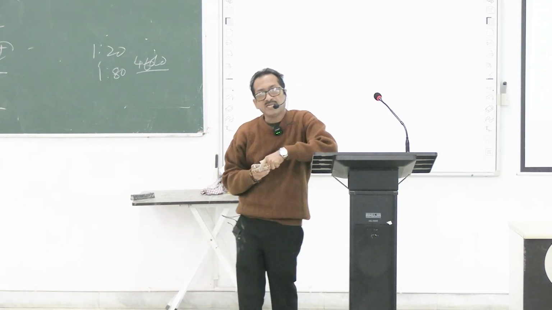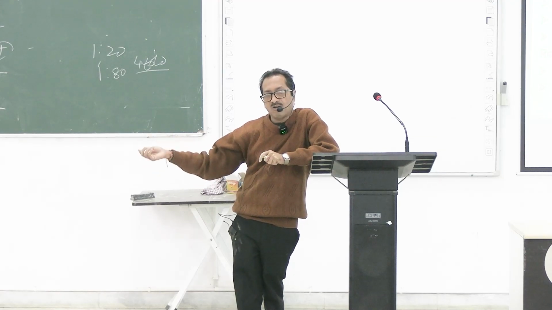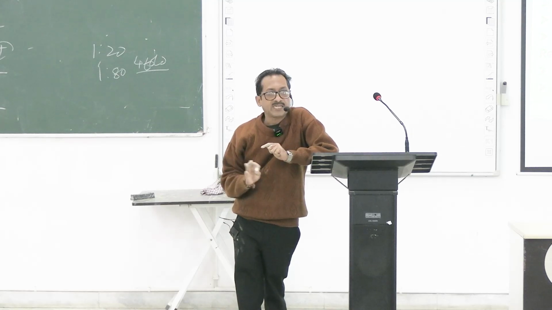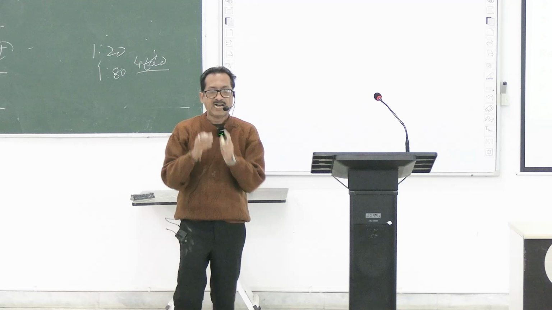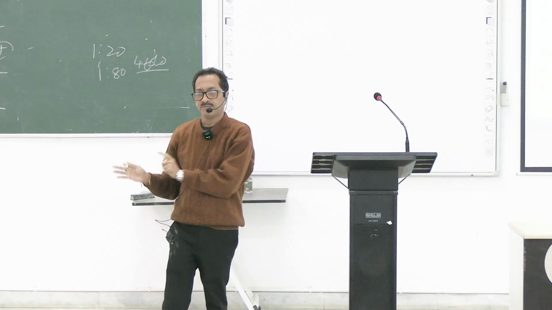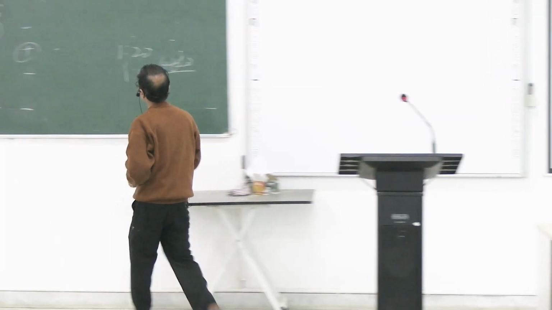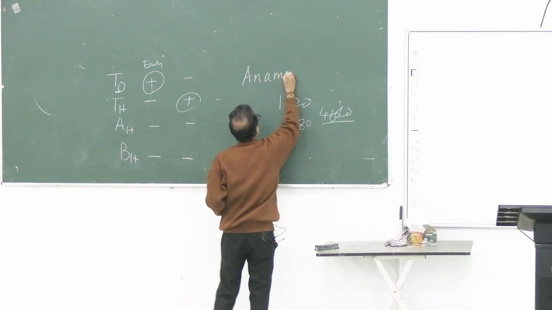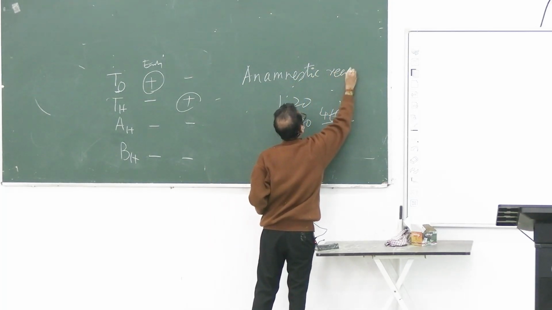Or there is another term called anamnestic reaction. If the patient is exposed to malaria or TB or scrub typhus, there may be a false positive H. That is called anamnestic reaction. If you repeat the test, either the titer will go down or it may be negative. It is a false positive rise of H.